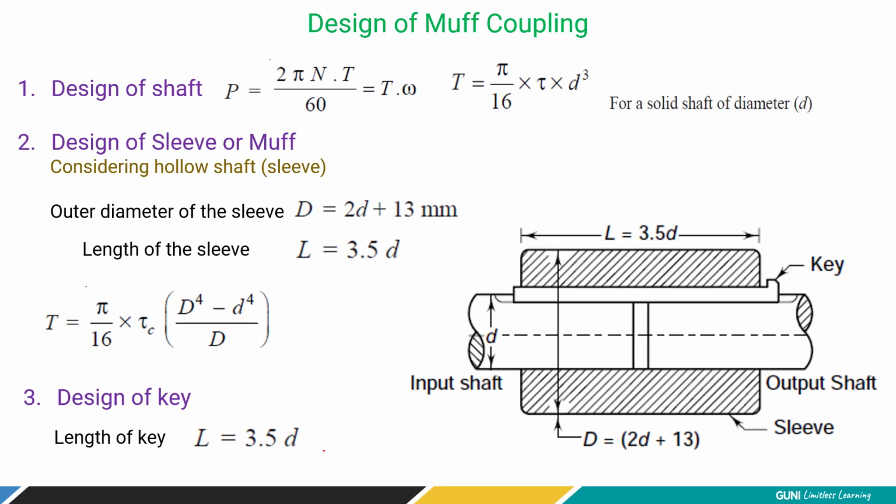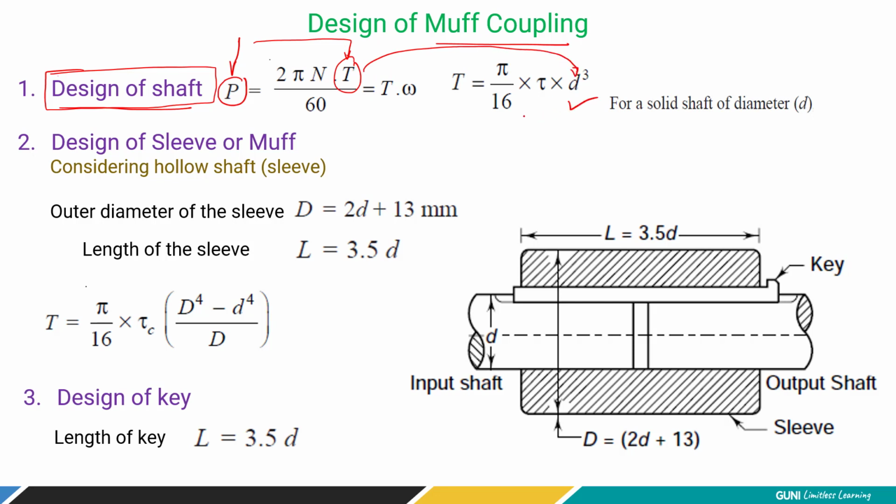Now let's think about the design equation of the muff coupling. Here, the first thing you have to think about is the design of the shaft, because ultimately the coupling is connecting the shaft. So you must know the design equation of the shaft. In the case of design of a shaft, we first have to have an idea about the power transmission. So for the power equation, P = 2 pi N T. If the power is given to you, you have to find the torque transmitted through the shaft. And from this torque, you can find the diameter of the shaft, right? In case the diameter of the shaft and shear stress are given, you can find the torque, right?